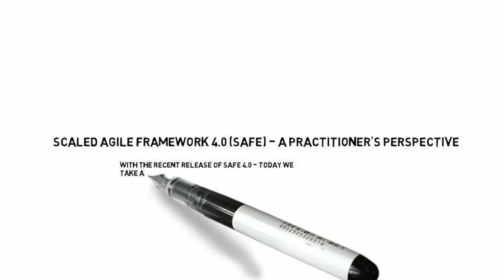So this week we're going to take a look at the Scaled Agile Framework version 4, which was released recently this year, and a practitioner's perspective, my own perspective on it. I do train and coach on it on the 3.0 and the 4.0 versions now of the Scaled Agile Framework, and want to give some perspectives and things that I think are interesting and noteworthy taking a look at this